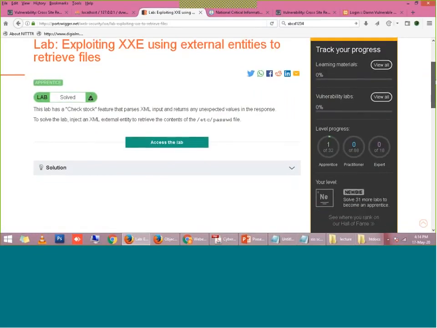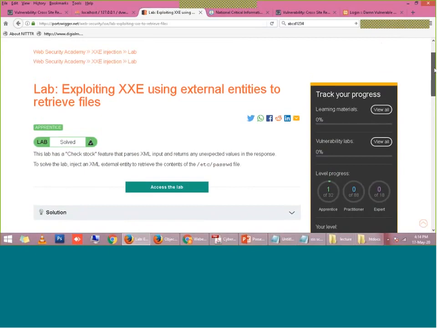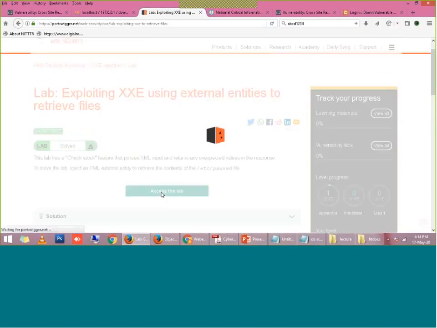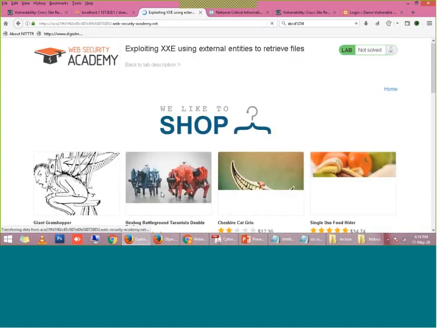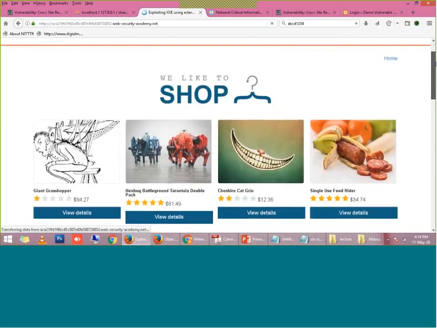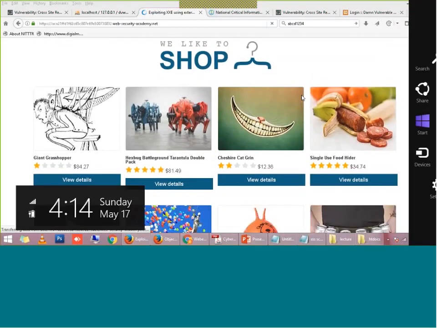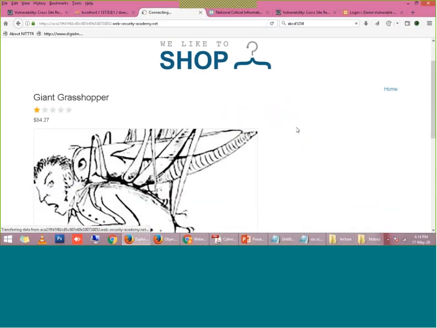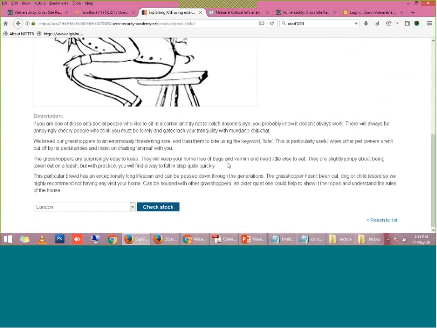If any website is using XML tags to communicate with the server, then in this type of attack we can exploit these XML tags and perform this XXE attack. So you can see here, this is a shopping site, basically a lab site. They have created a shopping site, and if you want to order anything, you can check the available stock. So it is showing that 204 units are available.